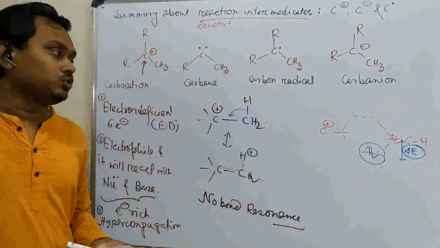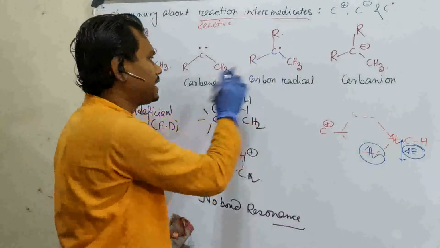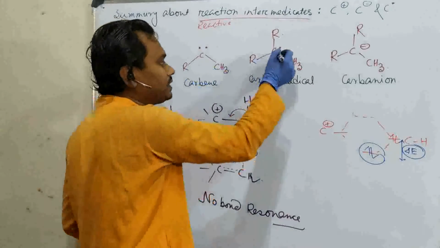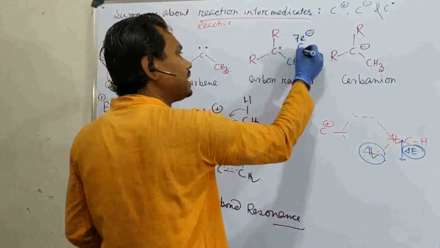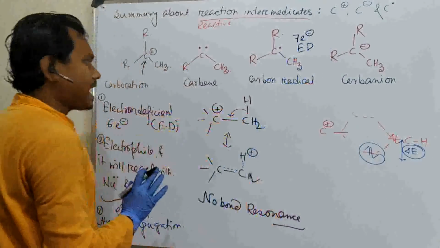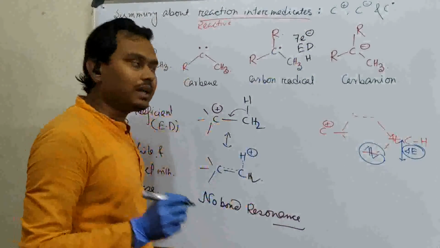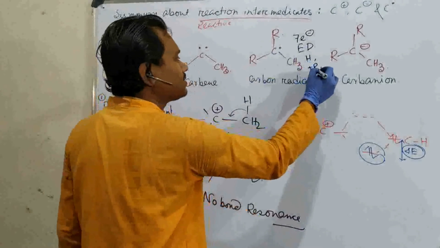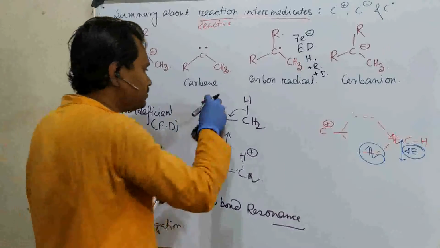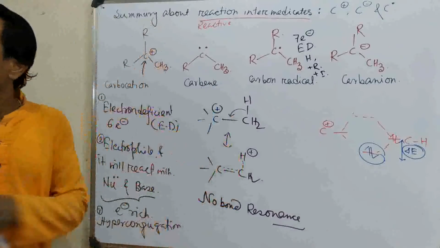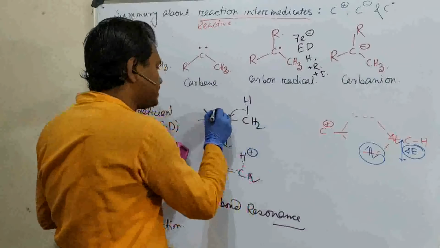Now just try to think or visualize the story from a different end. Okay, let's consider a carbon radical. I will come to the carbanion later on. It's a little different. So a carbon radical means actually this is a 7 electron species, electron deficient, and actually this is stabilized by hyperconjugation, okay, and resonance, plus R effect or plus I effect also you can say. So how can you think about that? Just remove the plus sign from here. Instead of a plus sign there is a radical.